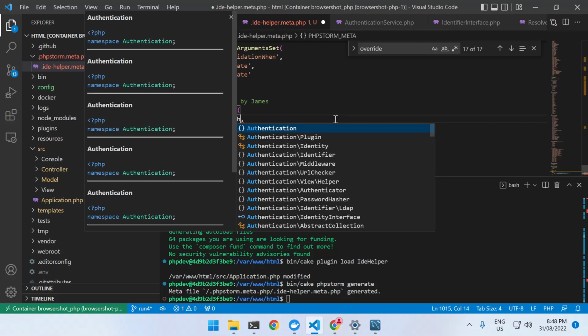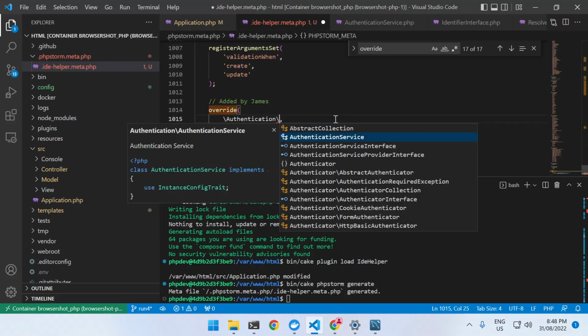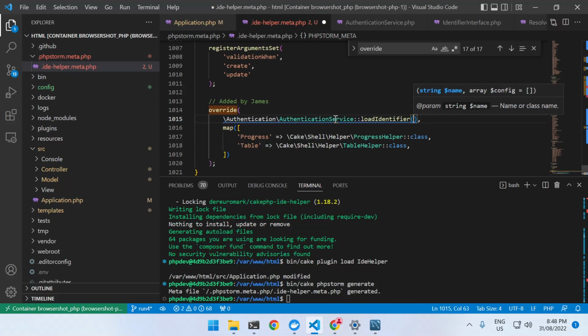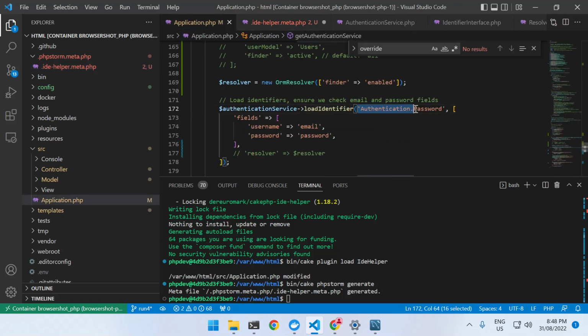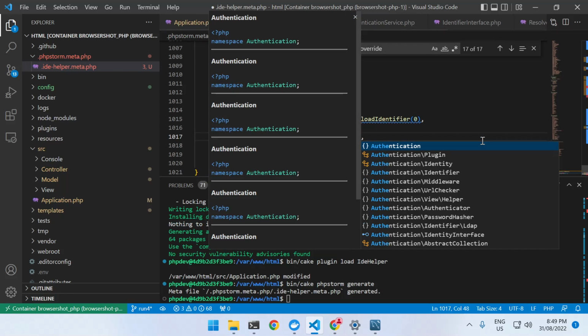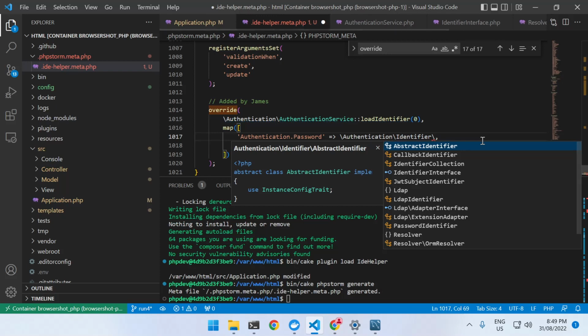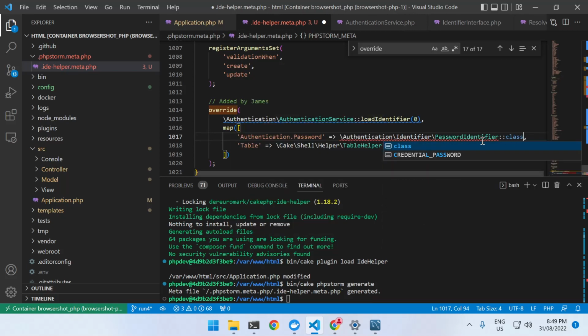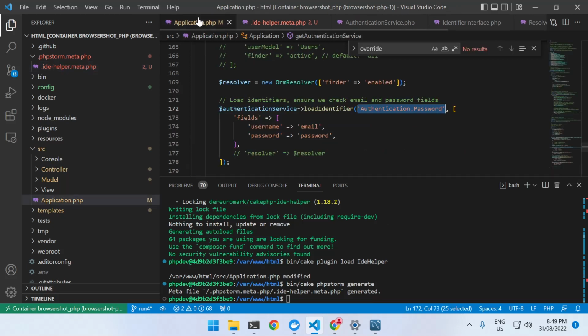So we can do this by going authentication, and then it was the authentication service, wasn't it? And then we just say, okay, the method that we're interested in is load identifier, and look at the first string argument there, the 0th argument, which is name, and from here we can say, okay, let's take authentication dot password and put it here, and then we need to tell our editor we've got authentication. Now it's an identifier that we're looking for, and the identifier for this one is the password identifier. So now we can do that fully qualified, and then exactly the same thing for our